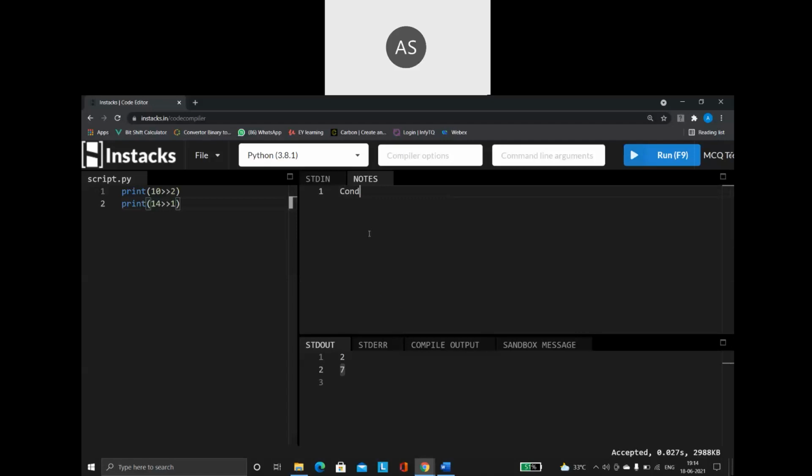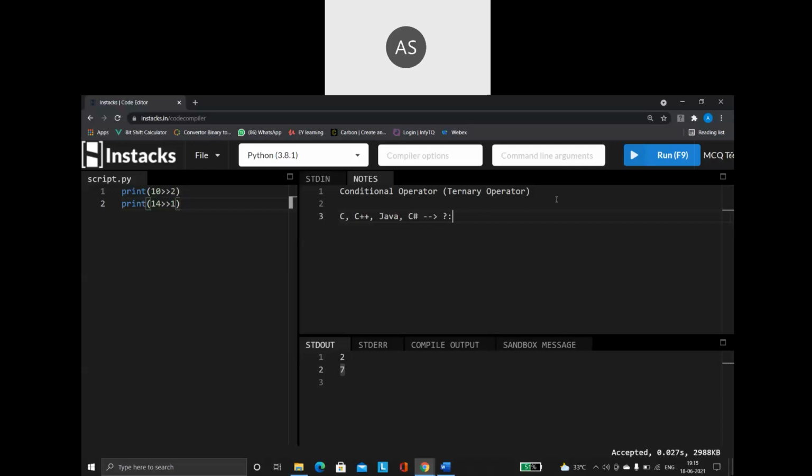When I am talking about C, C++ and all, I also have a conditional operator there. This operator is also known as the ternary operator. In other programming languages like C, C++, Java and C sharp, this operator is represented as one question mark and a colon. This is the syntax we use for conditional operators in other programming languages.